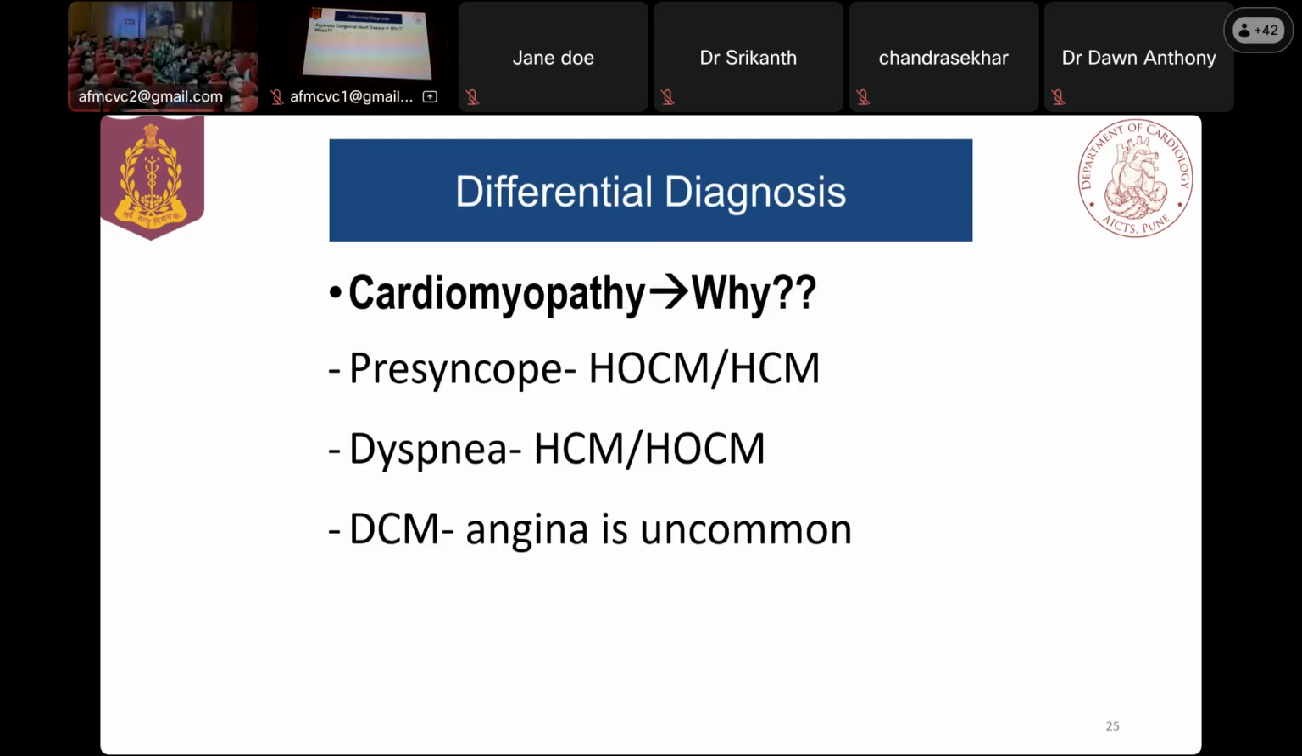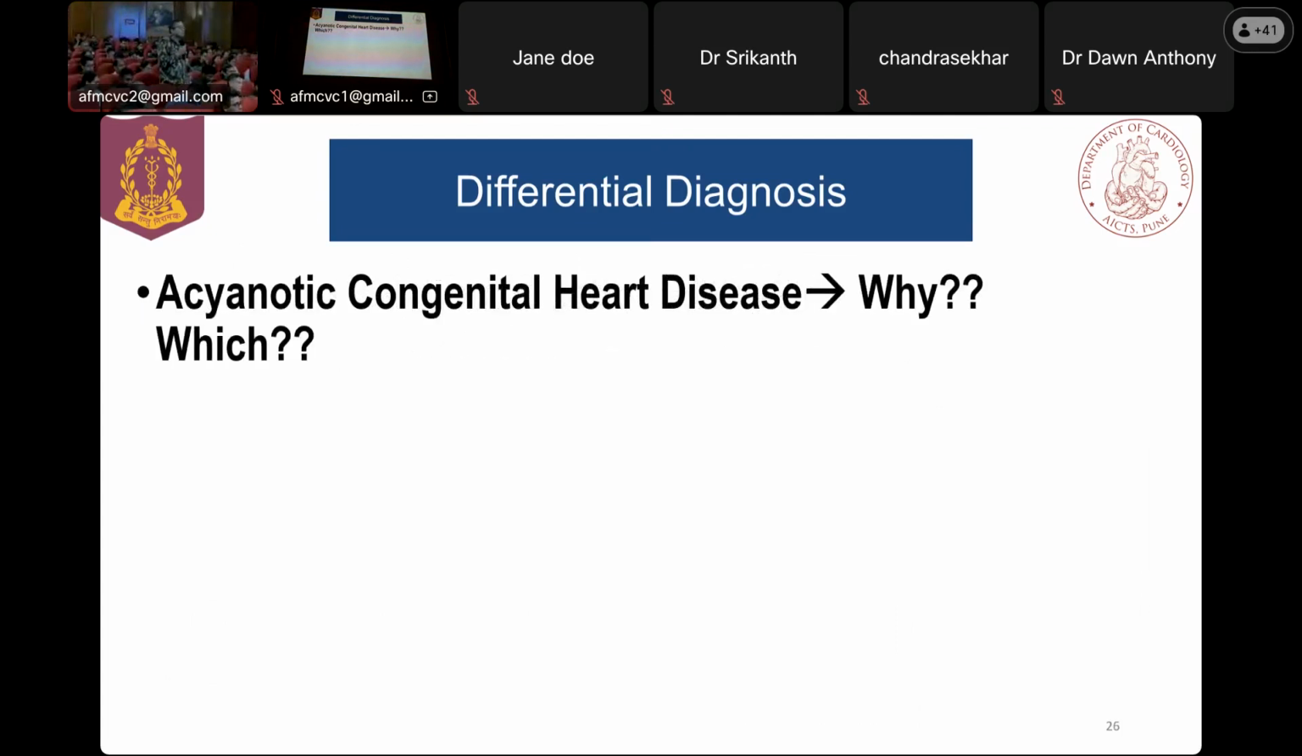So we can think of dilated cardiomyopathy, but in this case, in dilated cardiomyopathy generally angina is very rare, unless it is ischemic. Then acyanotic congenital heart disease. The fourth thing we thought about in this case is congenital heart disease. Dr. Ritesh,